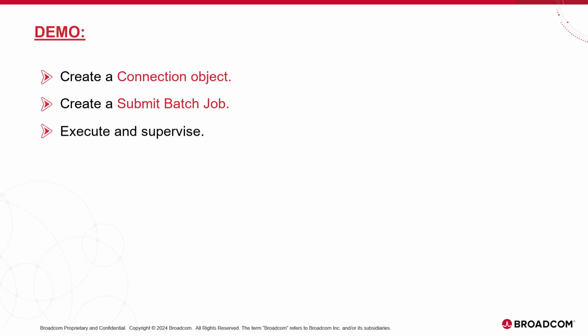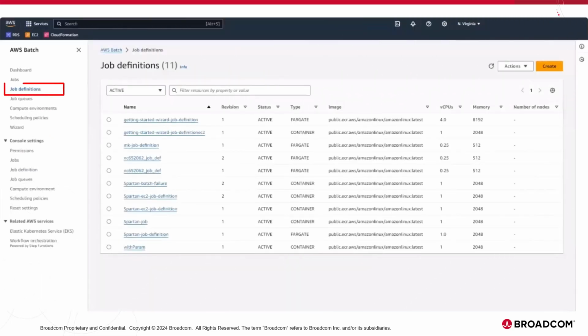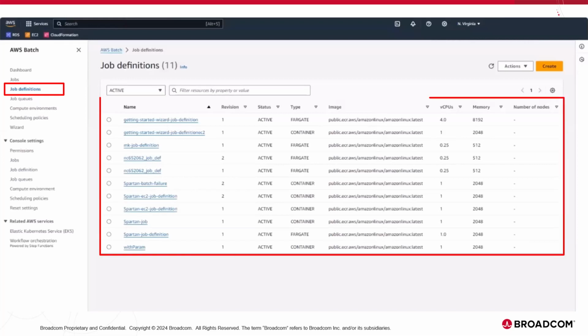Let's have a look at our AWS Batch instance. This is the job definitions view. Job definitions specify how jobs should run. They are the blueprint for the resources in our job. While each job must reference a job definition, many of the parameters that are specified in the job definition can